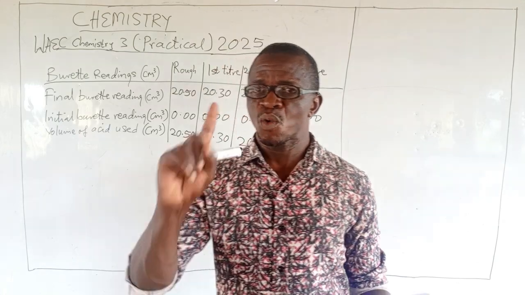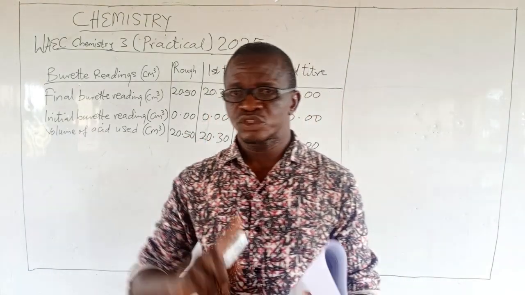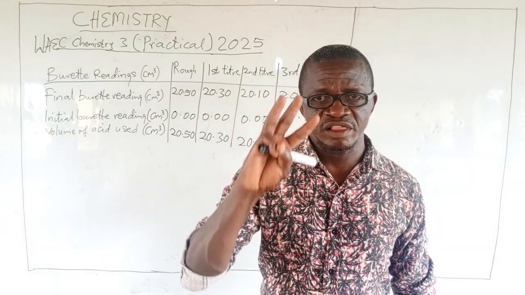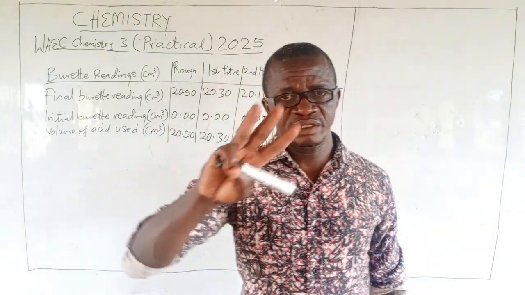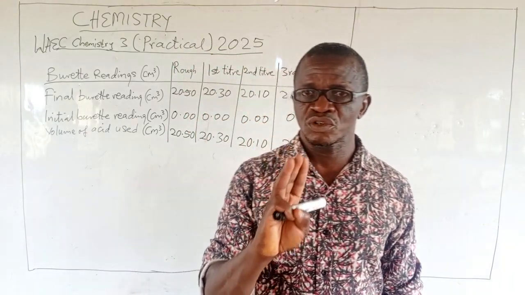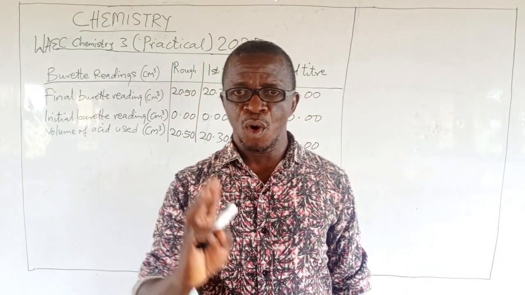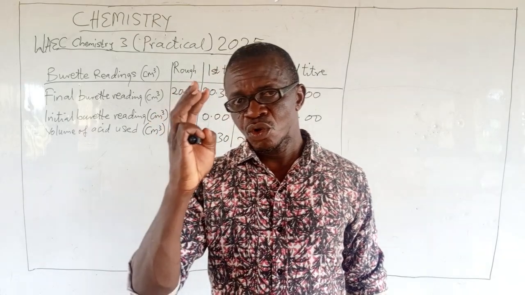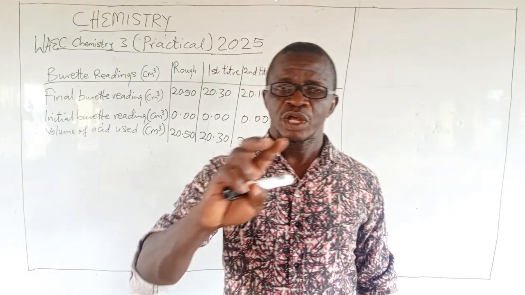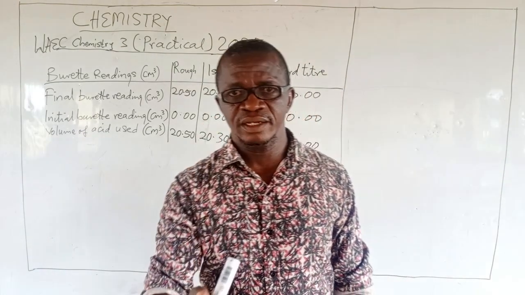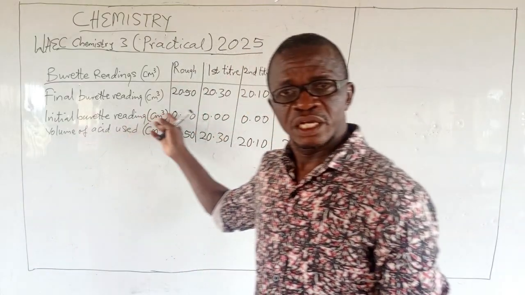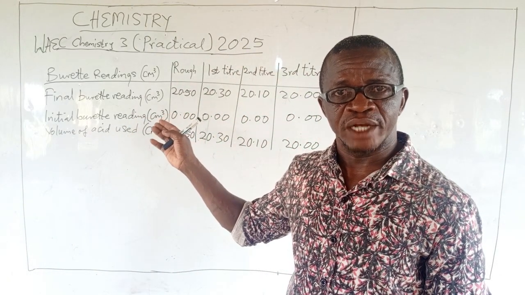Rather, quantitative is question number 1. Qualitative is question number 2. Then the general question is number 3. Practical chemistry has 3 questions for you to answer them all. All the questions there are compulsory. So, quantitative, qualitative, and general question. This quantitative analysis, whether alternative A or alternative B, is what I am going to handle today.